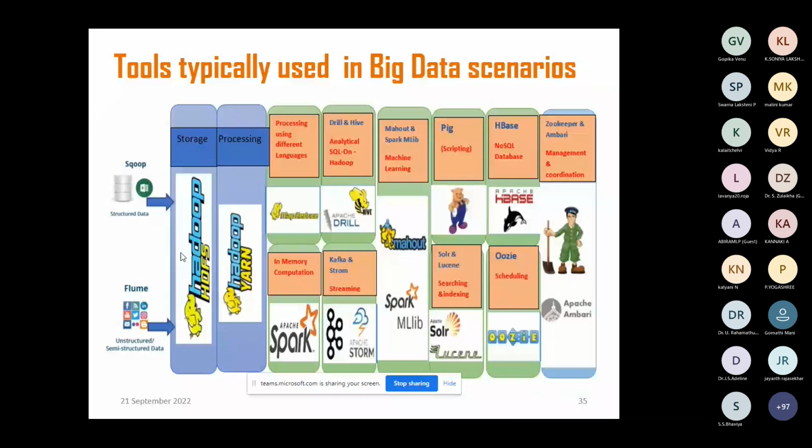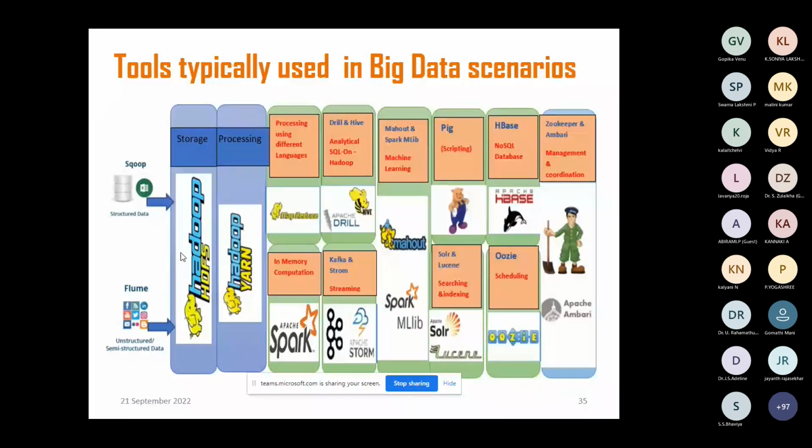Now coming to other tools like Storm and Kafka. I have pointed out in my presentation that in the near future the prime interest will be towards video analytics and audio analytics rather than text analytics. Tools like Kafka and Storm can help you handle such streaming data, and they provide the facility to handle this.